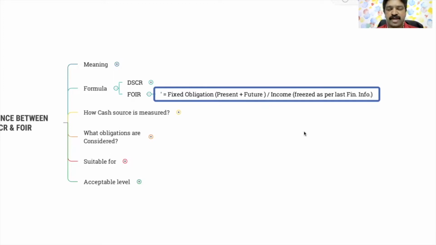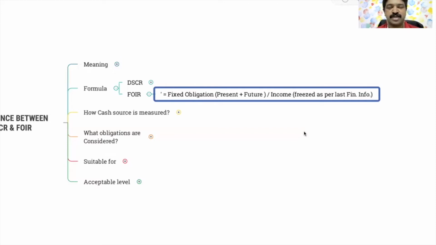Here, when we take the income in FOIR, that is the cash profit, it is frozen as per the last financial information. That is, if the customer is approaching now, let's say we are in December 20, the customer is approaching for a loan for, let's say, the next 5 years. For the next 5 years, what will be his cash profit? That will be based on his last submitted financials. In the next 5 years, he may earn more, he may have more cash profit, but that will not be taken